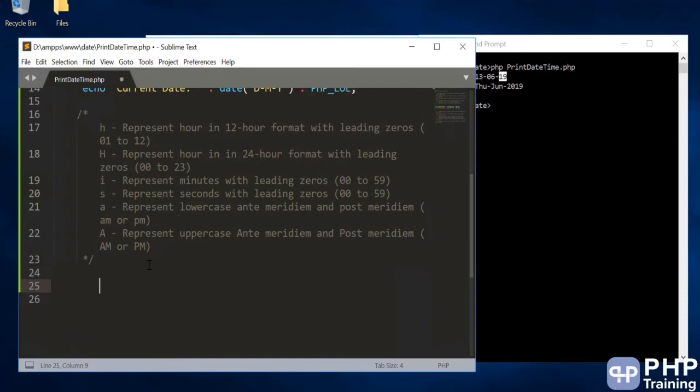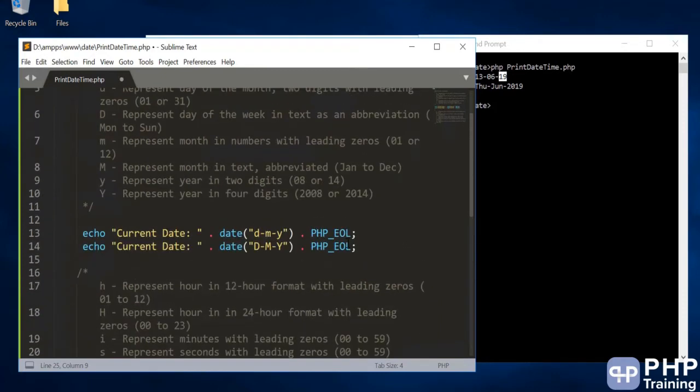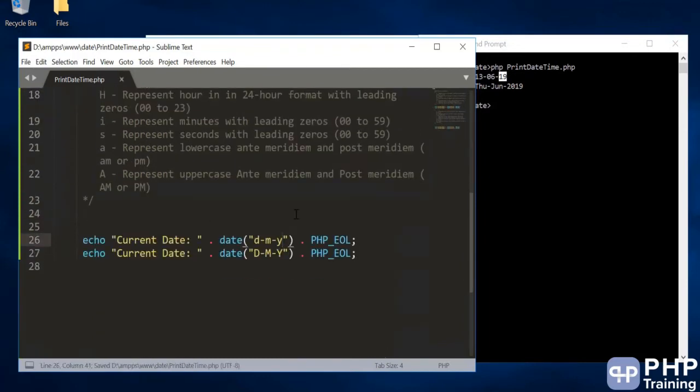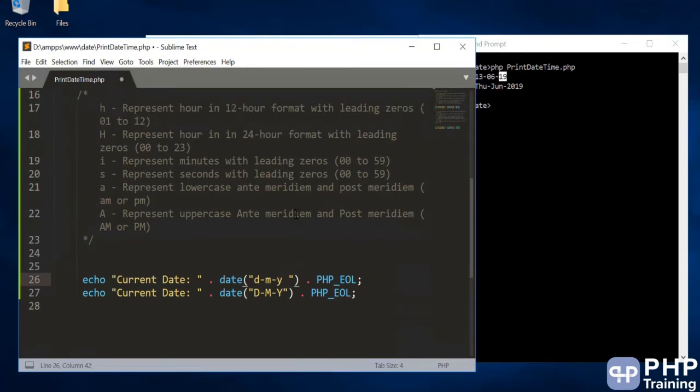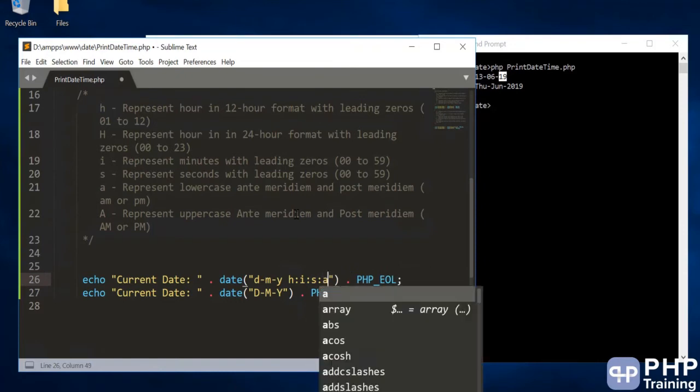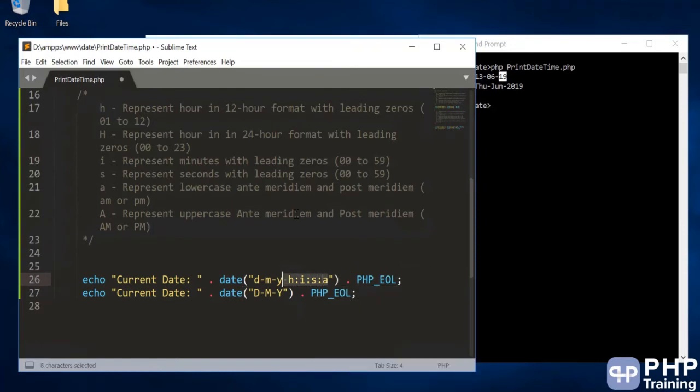Okay, so let's print this again using the timestamp as well. So I'm going to copy this over. Let's pass the timestamp now. So we will say h, minutes, seconds, and then AM or PM. Same thing we will do in caps.